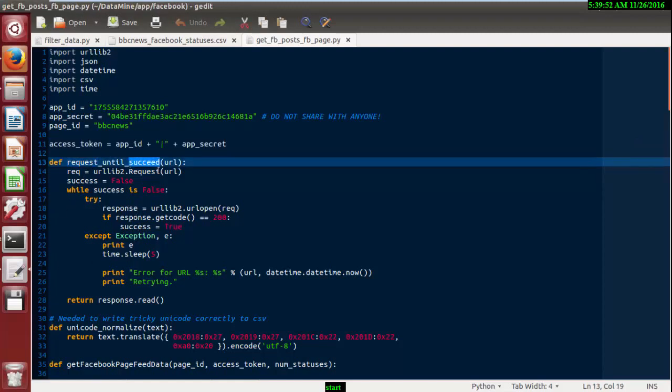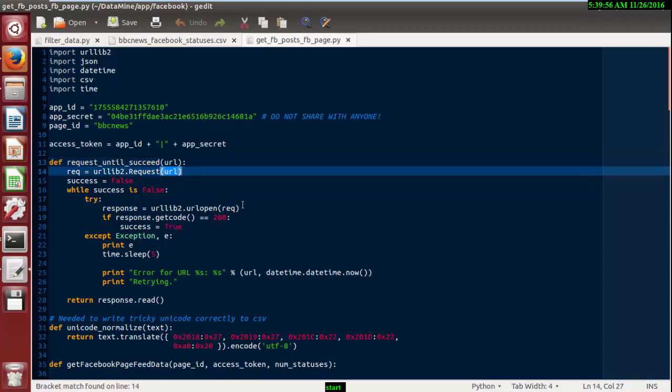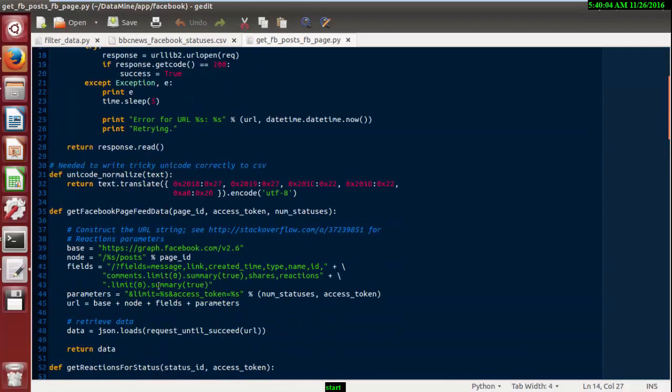The URL is being fed, and corresponding to this function you will get the response time and success time. If you want to unicode the data, then this is the tricky definition you will need.